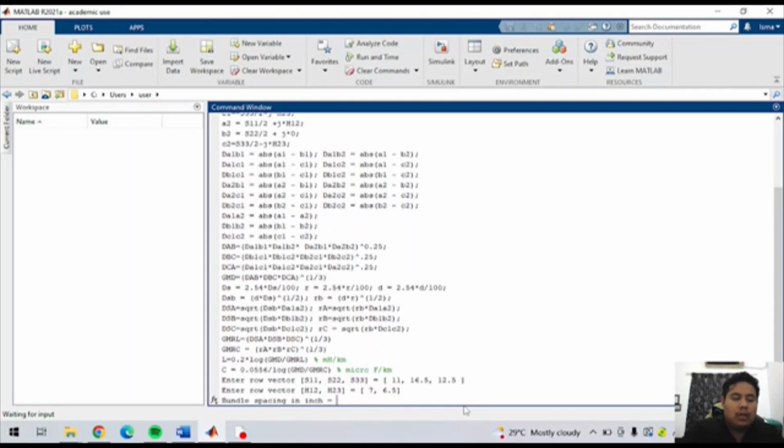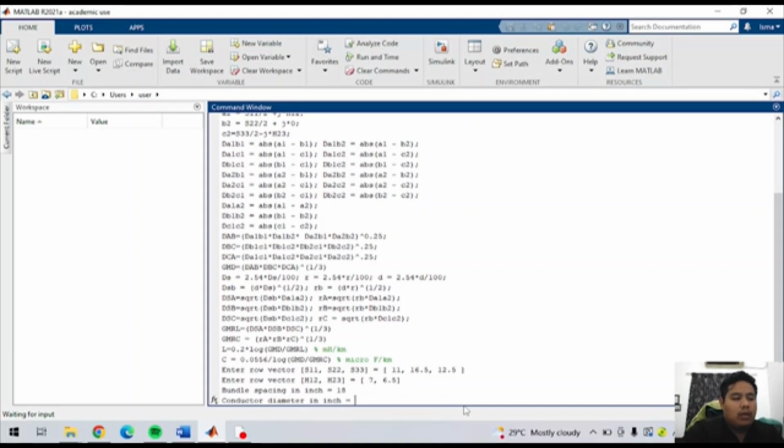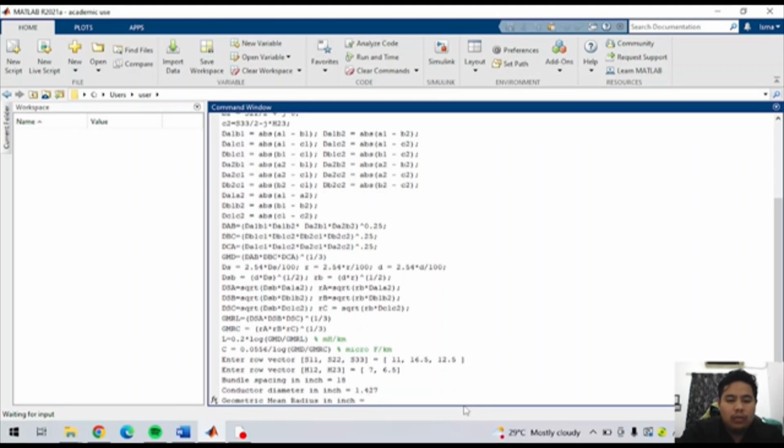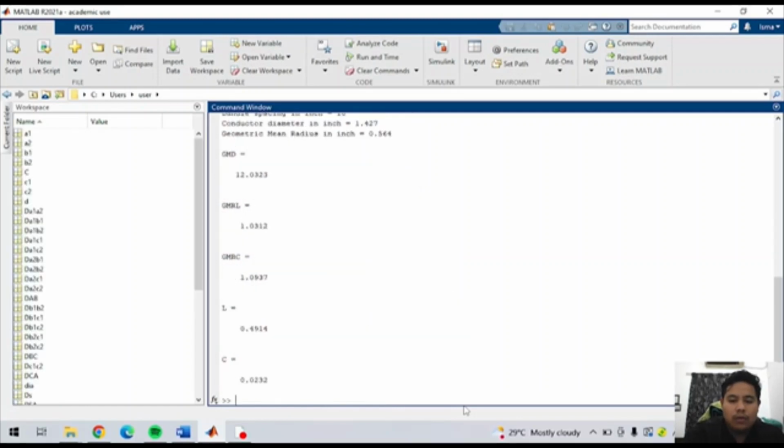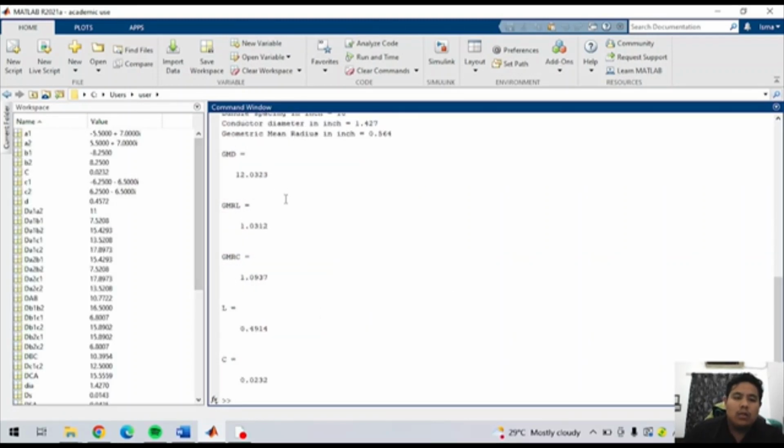Bundle spacing in inch. The question is given as 18 inch, and the conductor diameter in inch is 1.427, and then the geometric mean radius in inch is 0.564, and then this is the output, which is GMD is 12.0323, GMRL is 1.0312,